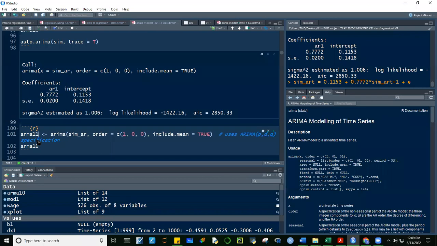Gawin natin ARMA 11, no? Kanina ARMA 10, ibig sabihin lag 1 yung AR component. So using the same data, guys, order natin is 1. Yan. Order is equal to AR component 1, MA component 1. Okay, let's call it ARMA 11. And then let's run this.